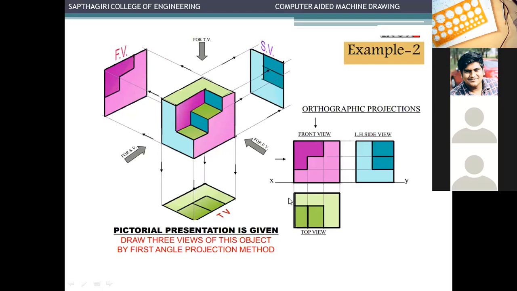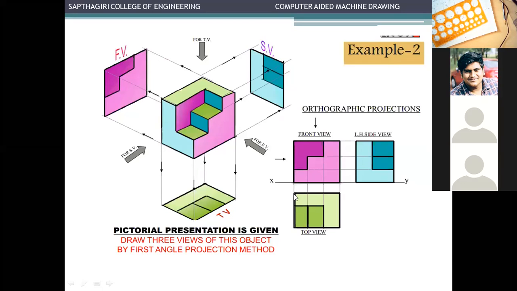And similarly, for the top view, you cannot draw slightly towards the right or towards the left. You have to draw a line from the front view towards HP, that is on the lower side, and where these edges lie, there only the top view edges will lie. For example, this left side edge represents this plane, one line. See, this whole L shape is represented by just one line here. That is, in the front view, just one line on the left-hand side represents this complete L-shaped plane. In the same way in the top view also, the L shape will be as it is represented in this one particular line. You must identify the views and represent them properly.